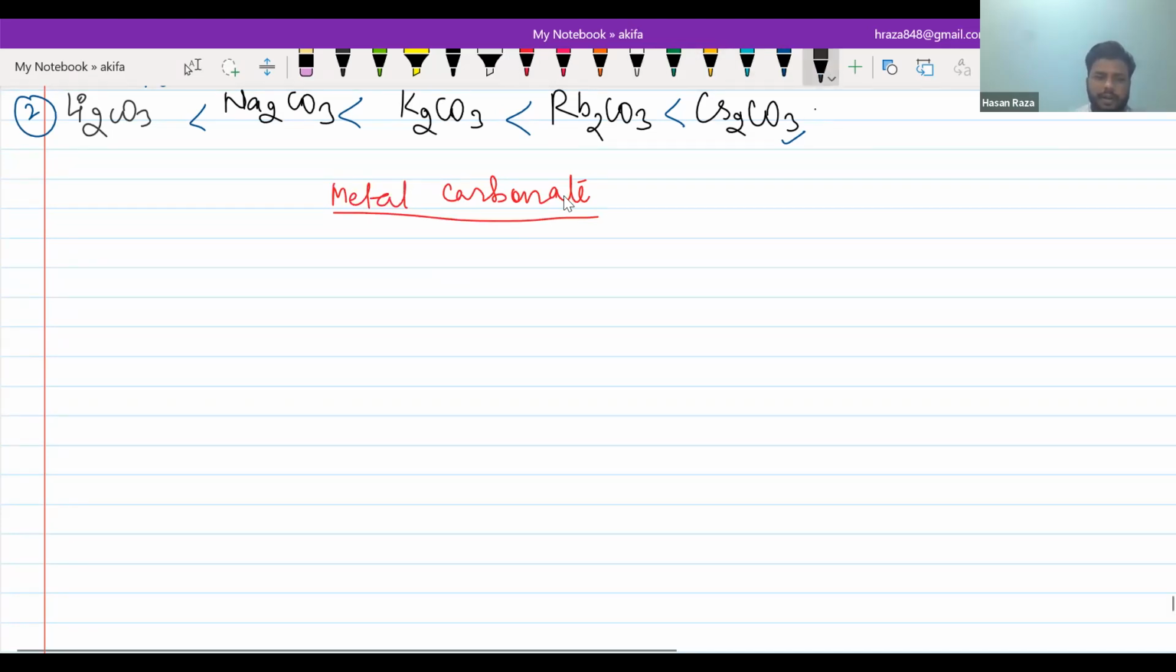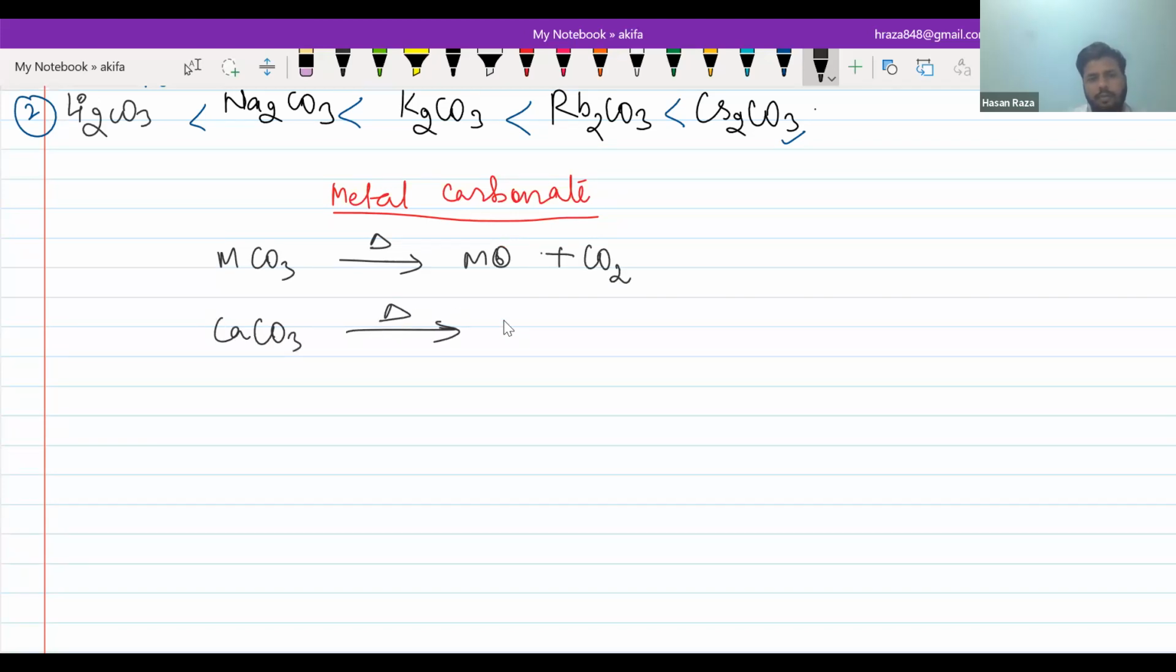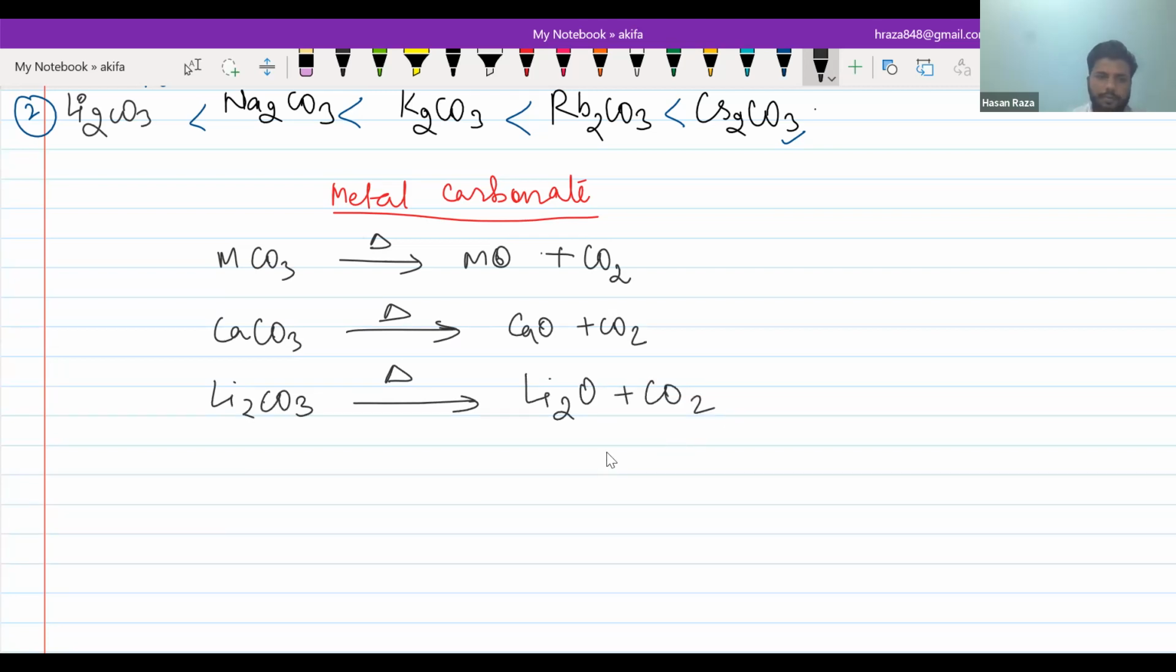So how does a metal react to form carbonate? You know that this is metal carbonate. If you heat it, metal oxide and CO2 will be released. In the same way, CaCO3 gives CaO, calcium oxide, plus CO2. Li2CO3, if you heat it, gives Li2O plus CO2. Now, the problem is that